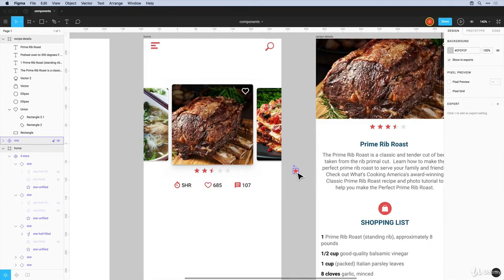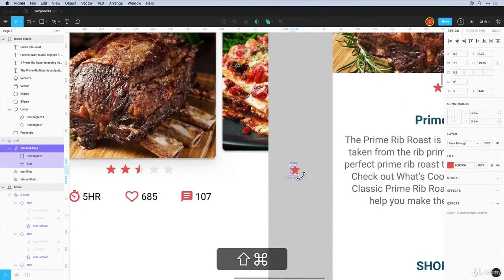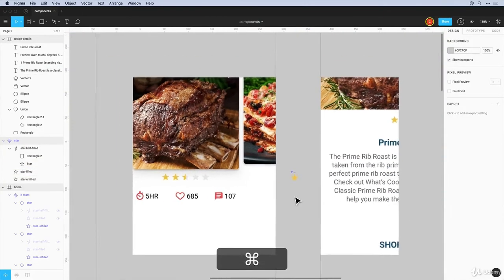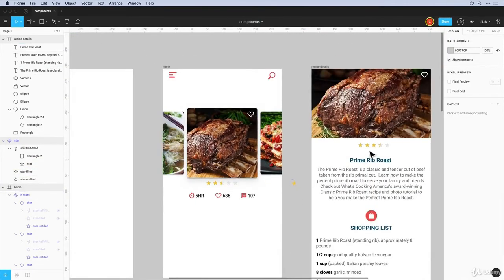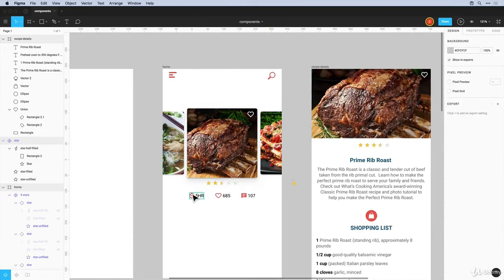If I ever want to change the color of this star here, of the half star and the full star here, I can just select both of these components. So I'll choose star half filled and star filled, and I'll decide maybe I want these to be yellow. So as soon as I change that to be yellow or gold, I can now zoom out and everything is changed here. So very easily and very quickly we created components within components,